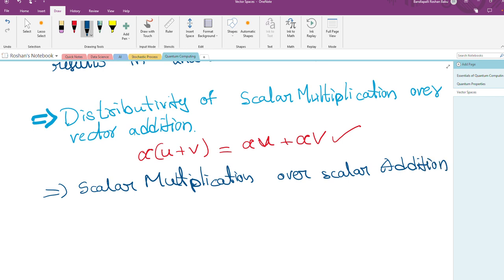This means the multiplication of a scalar is being done on scalar addition only. That means we are having two scalar values which are multiplied with a vector, which results in alpha u plus beta u. Okay,